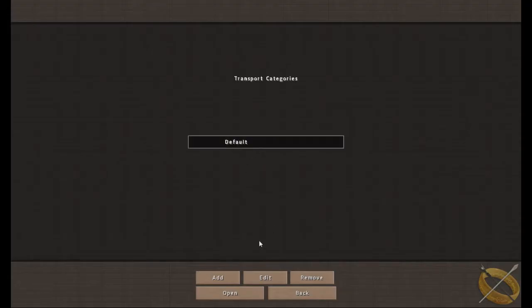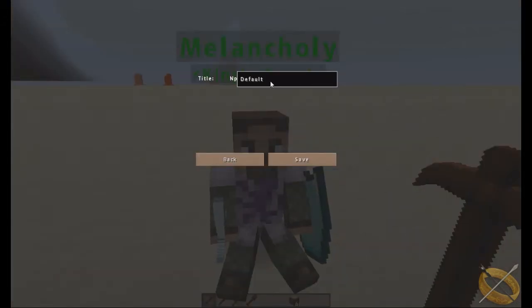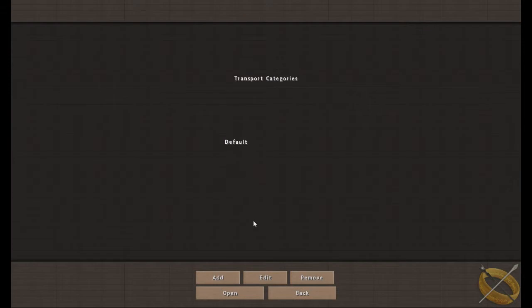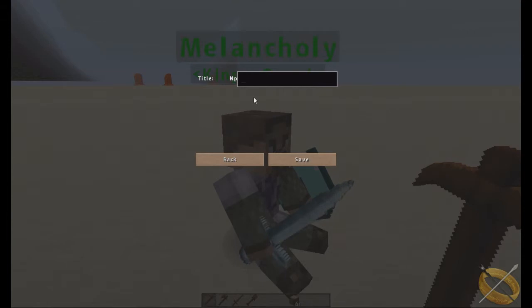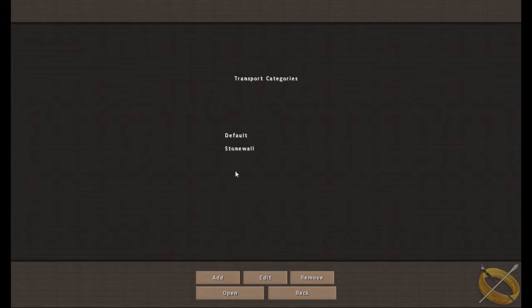Transport, this is where you're going to set up. You can add in, you edit. This lets you change the name. But if you want to add, this is all the different locations. So if you want to add a location, you would just type in Stonewall. We'll just give it a name. These are the different categories of